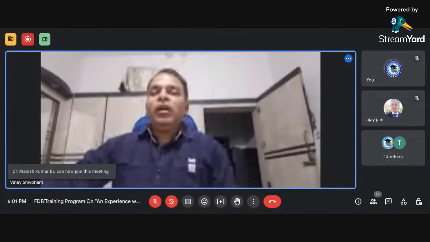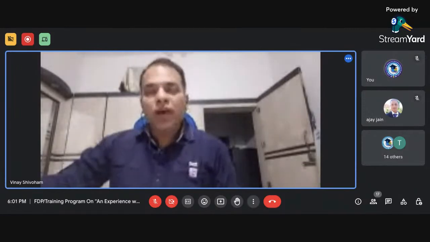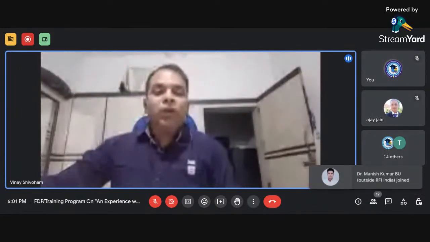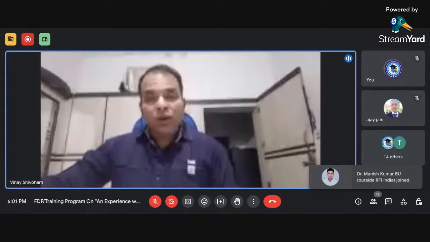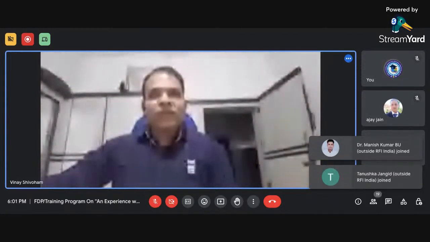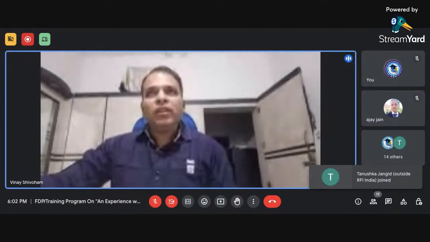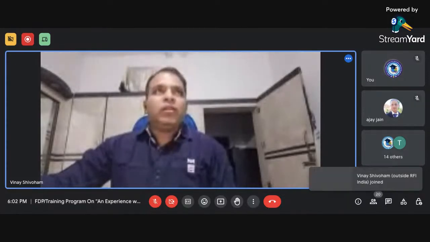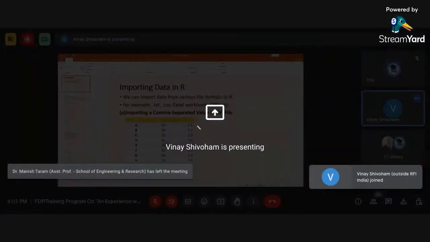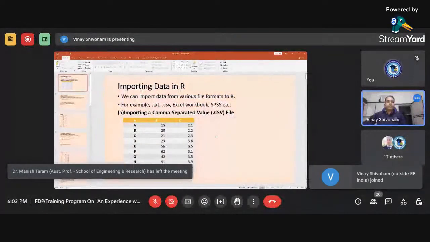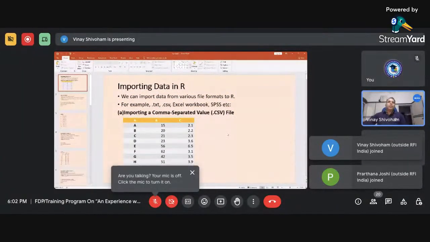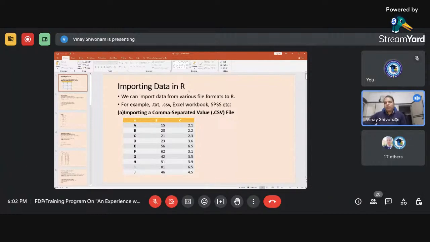Today we will start with a new topic, and that is how to import data into R from different file formats and software. So we will start with this topic. Here we see importing data in R. You may have created data in